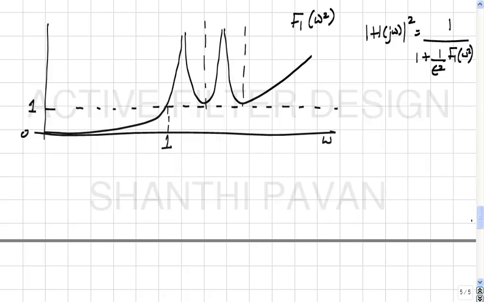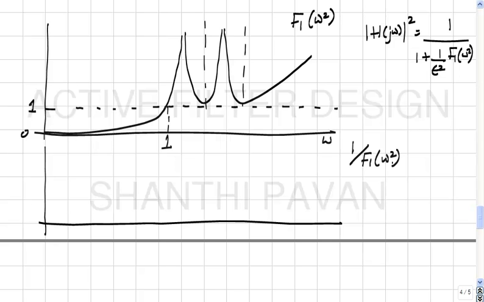One, we will make it ripple between 0 and 1. Okay. And then move that to the rippling between the passband to the stop band, vice versa. Okay. So now, if this is f, how do you make something which goes from 1 to infinity go to something which goes between 0 and 1? 1 by that. So if this is f1 of omega square, 1 by f1 of omega square will look like